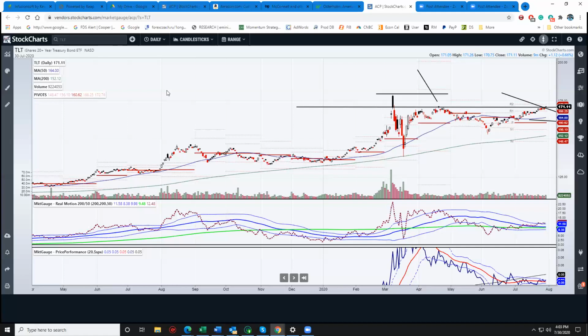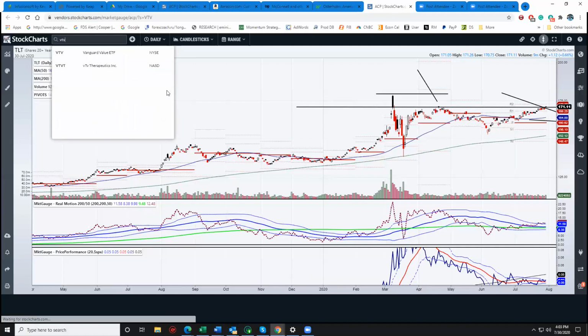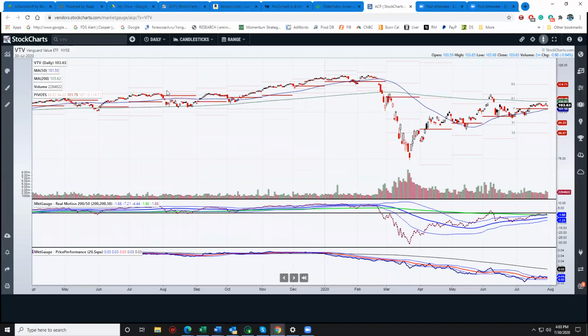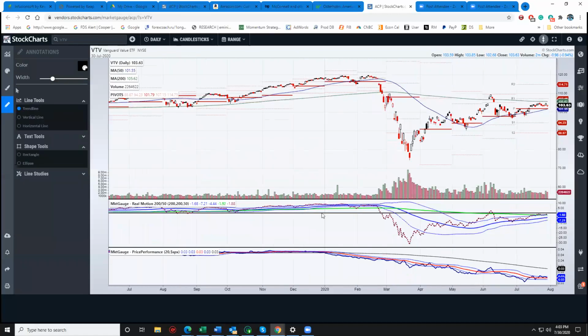So if we take a look at it, VTV is the Vanguard Value Fund. So what's interesting, right, is you can see here that number one, as opposed to the S&P itself, look at